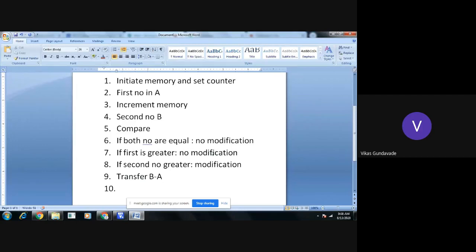After that, as one comparison is over, we need to increment again and do the further comparison. So we can write here: compare next and decrement counter. This will be the process to find the largest number from the array.